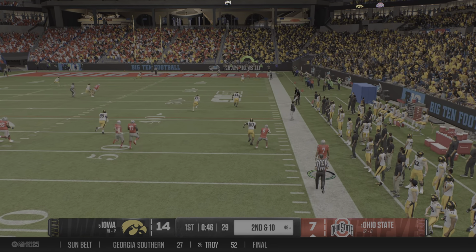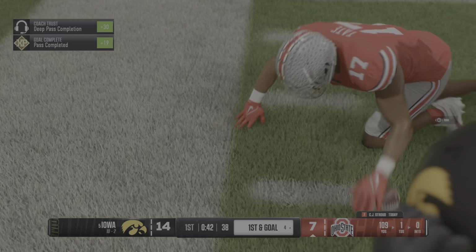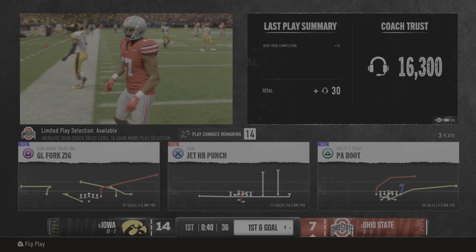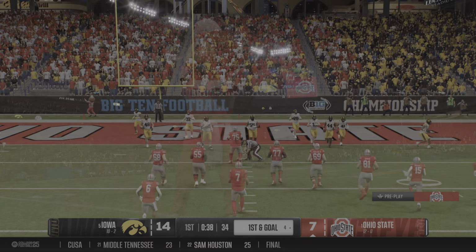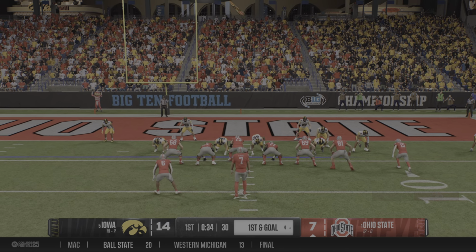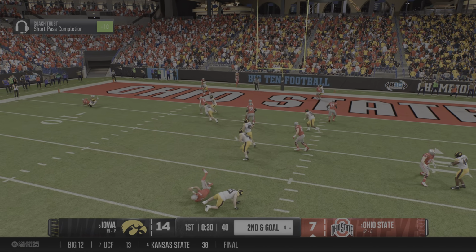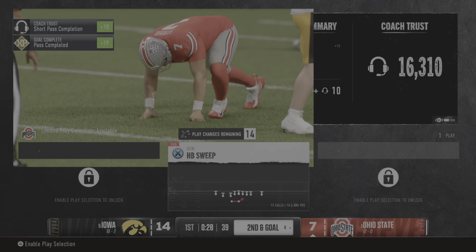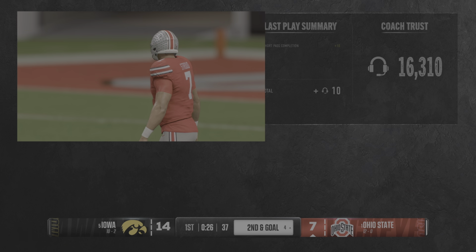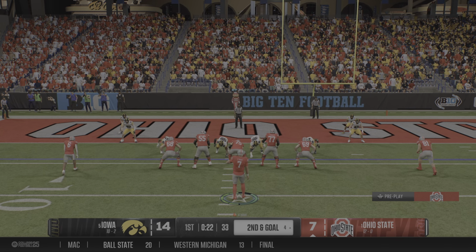Look at this. He'll go deep again. He's got it right near the end zone. Tackle is made at the 4. It'll be first down and goal. That is great arm strength and accuracy by this quarterback. Let's not forget the wide receiver's job of bringing it in for that big game. He's got it near the end zone. And the defense smothers him for no gain. Coming up, second down and goal.